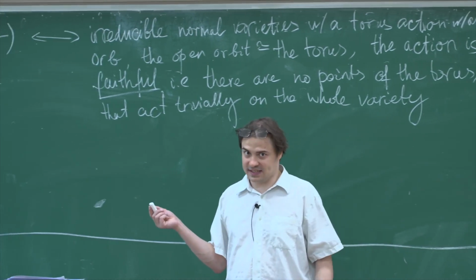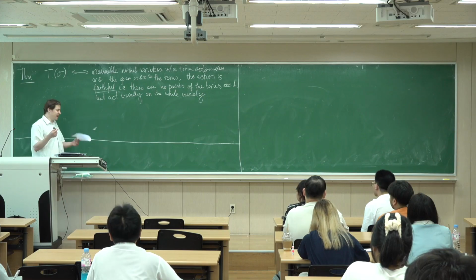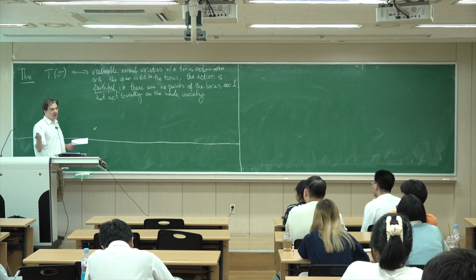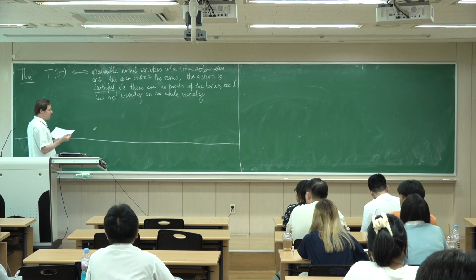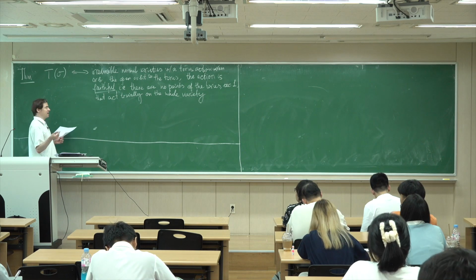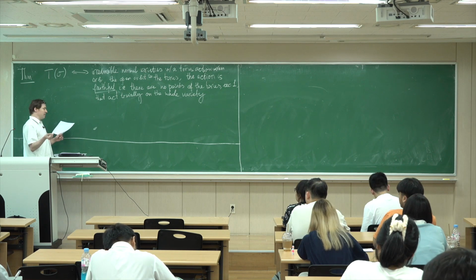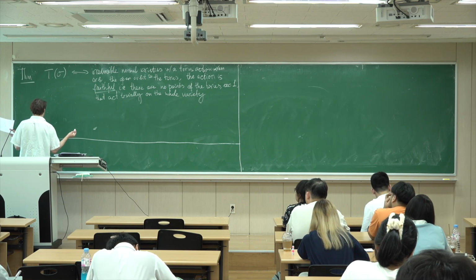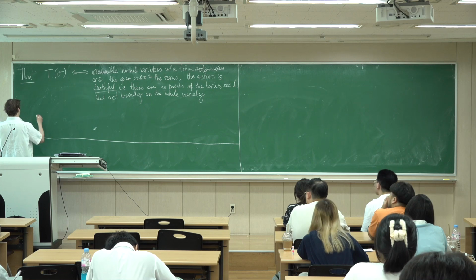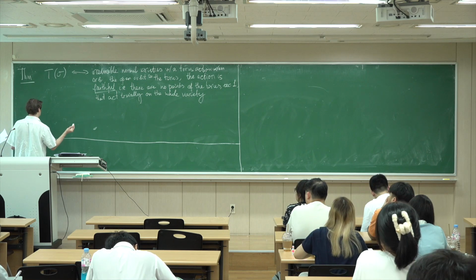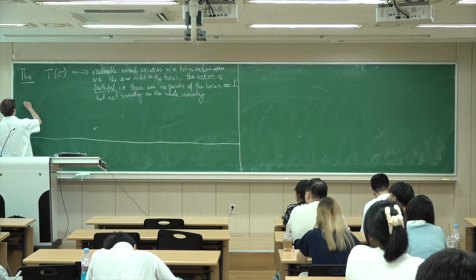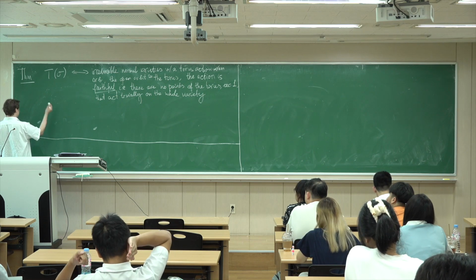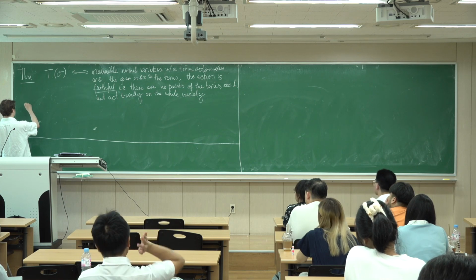Any questions about the last time? Then before we proceed, so today we are going to talk about orbits and hopefully about non-affine toric varieties. But before we proceed, I want to state an important lemma or a theorem about normalization. So about normal varieties, as we said it. So for algebras, on the side of algebras, the lemma looks like this.